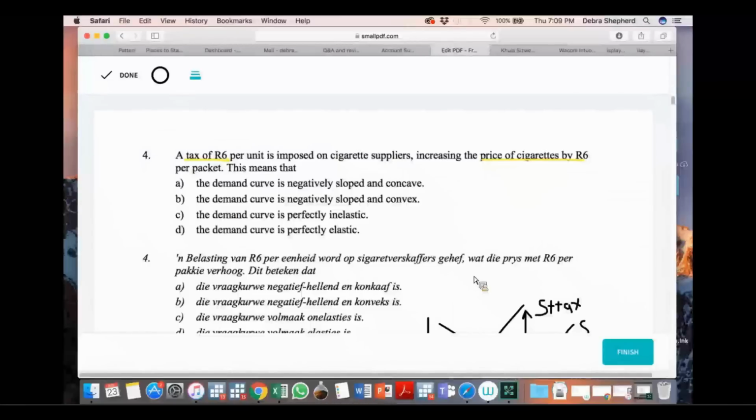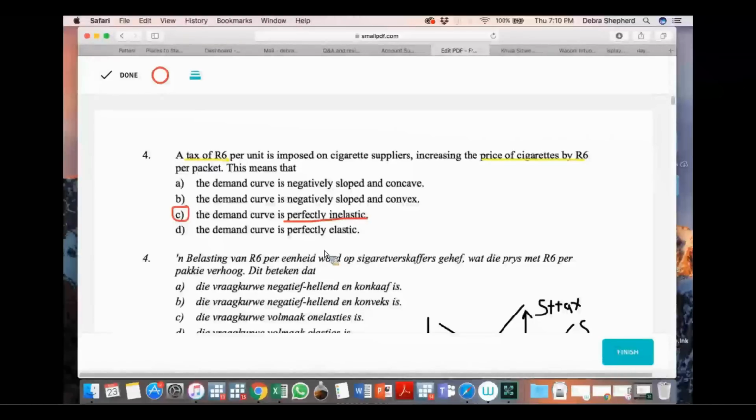If we then think about what determines the burden of tax between buyers and sellers, it's elasticity. So elasticity has to do with how responsive you are to a price change. So if buyers are completely unresponsive to a price change, which is this, perfectly inelastic. If buyers are completely unresponsive to price changes, it means that suppliers can then put the full tax onto the consumer. So the answer is C, because that is the only circumstance that would give the entire tax burden falling